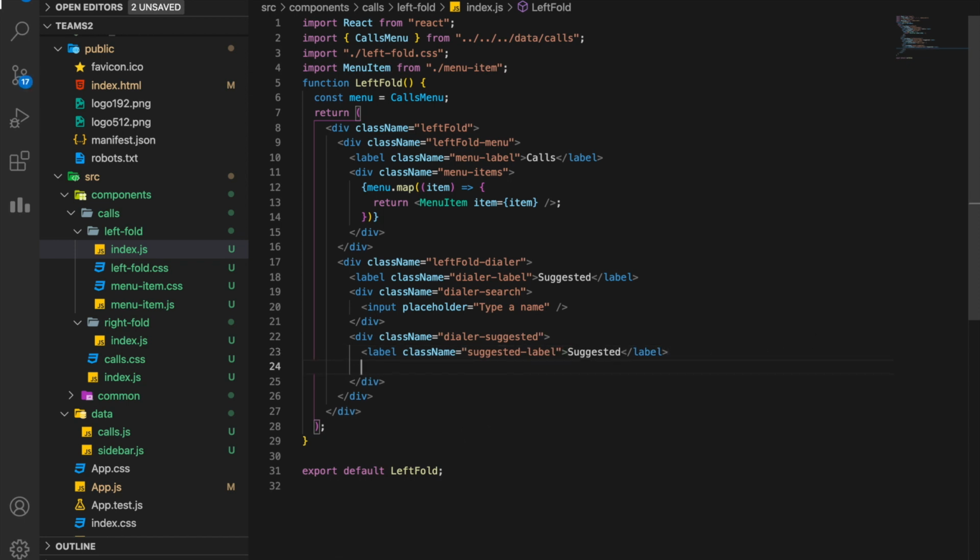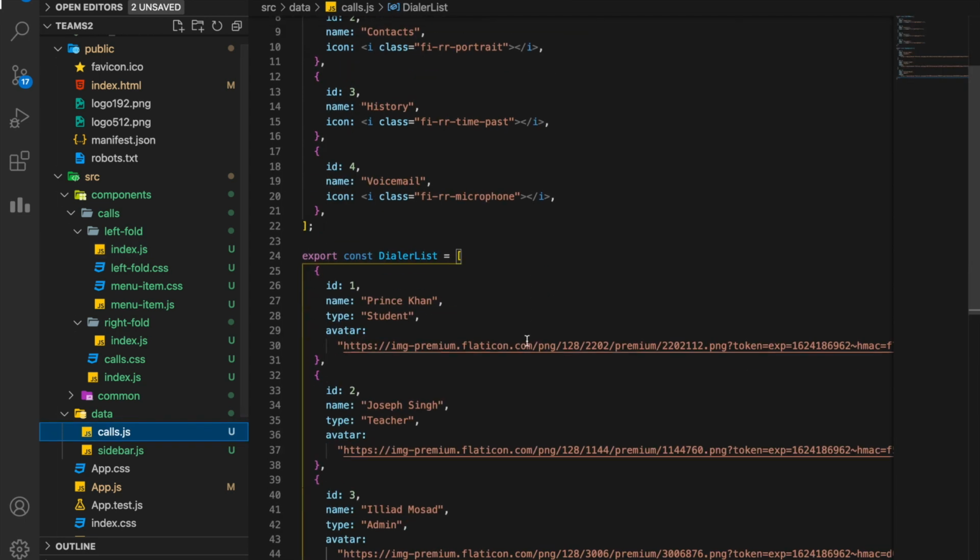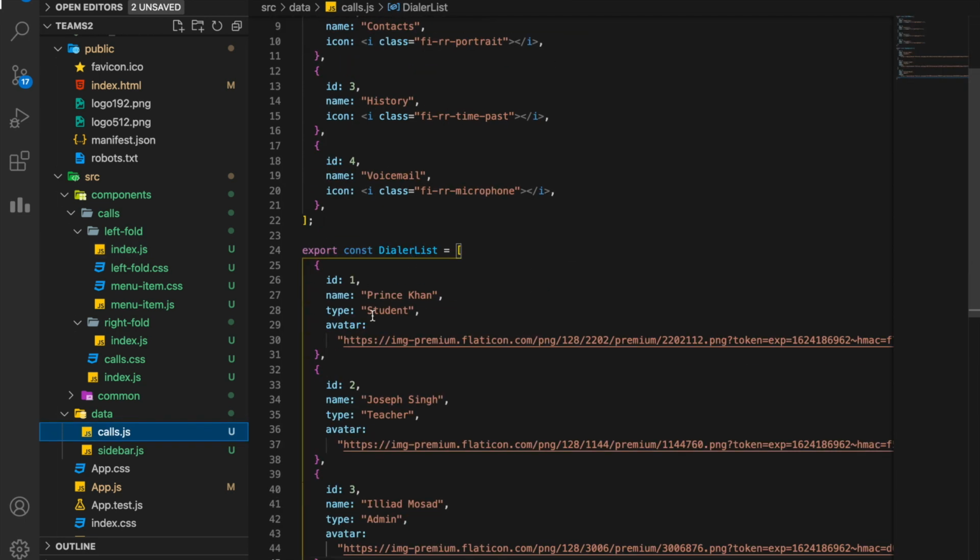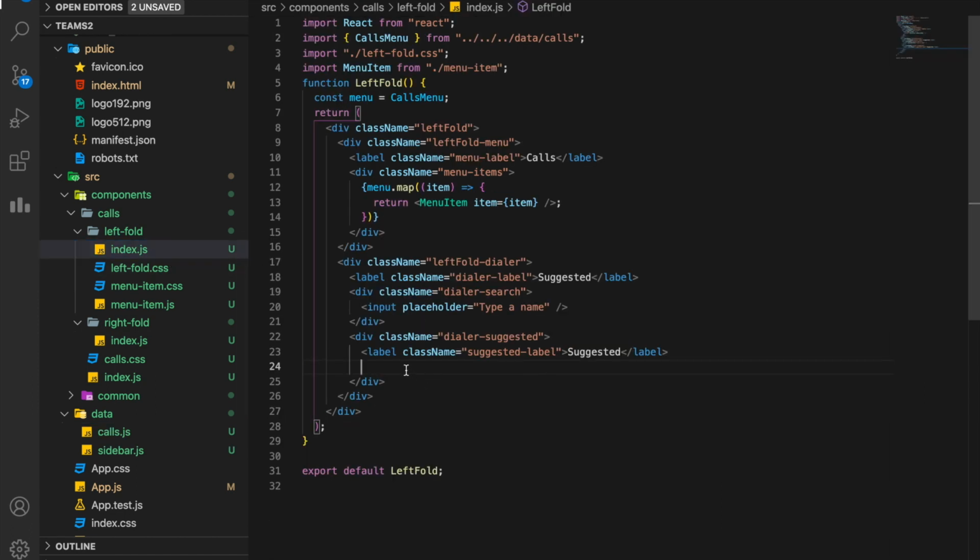Next to my label I have a list, and again the list that I created here, this dialer list, which has a name, type and avatar. So I'll create a div. Okay, I think I made a mistake here. Good.